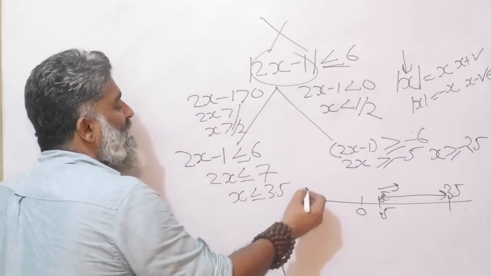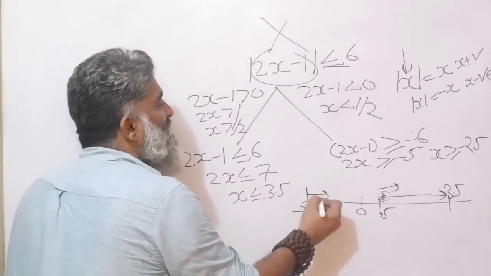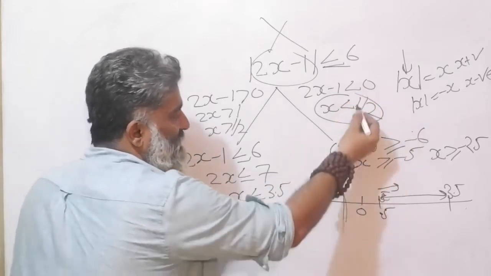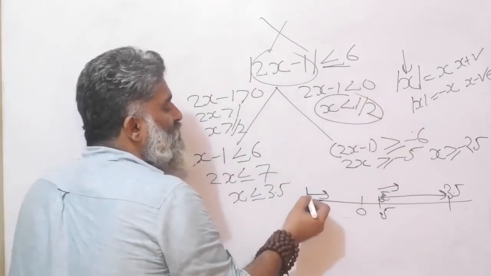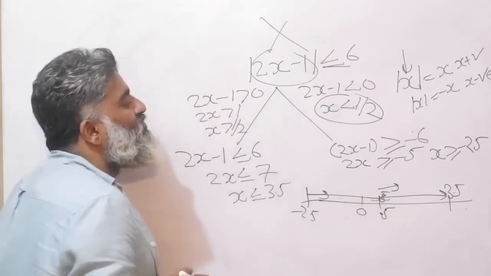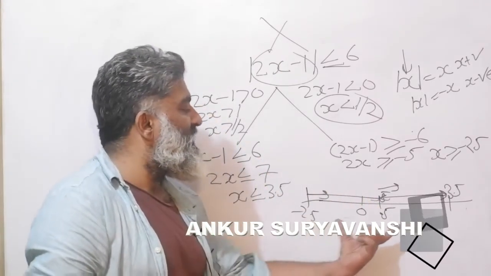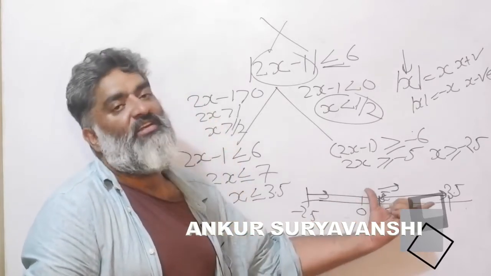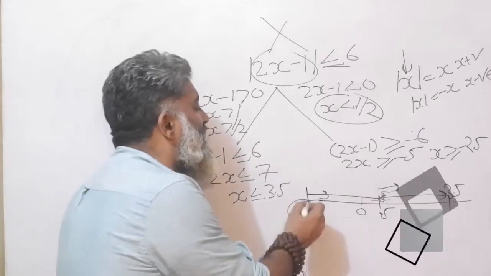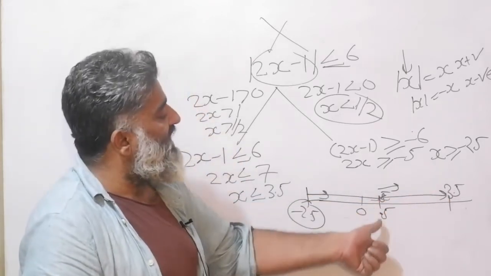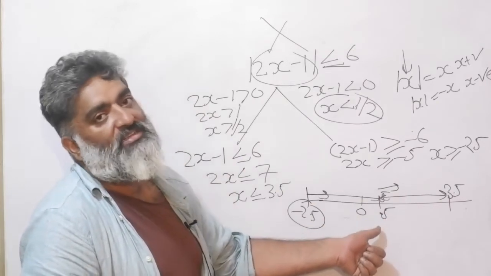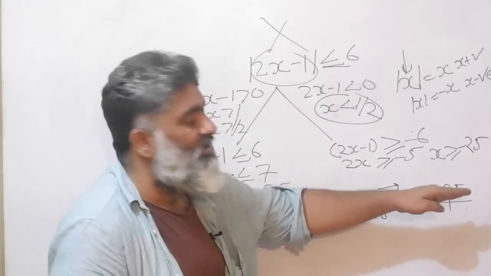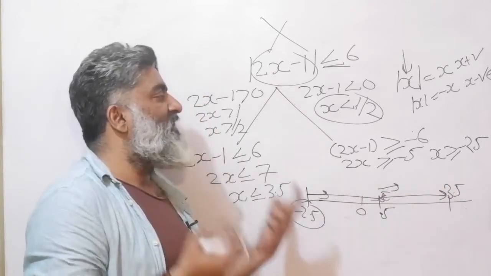So think of your number line, minus 2.5, greater than that. And what is your other assumption? That the value is less than half. So between minus 2.5 and half, again it is going to work for me. So my overall range, if I can look at it visually, that's the best way, is between minus 2.5 and positive 3.5, because that 0.5 point is common to both the stories. So 0.5 does work in the story as well. So you just combine both of them. So that is one part of the story.